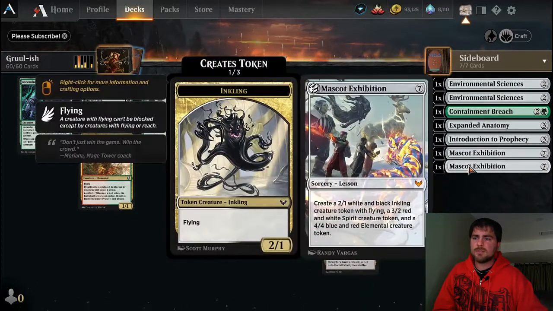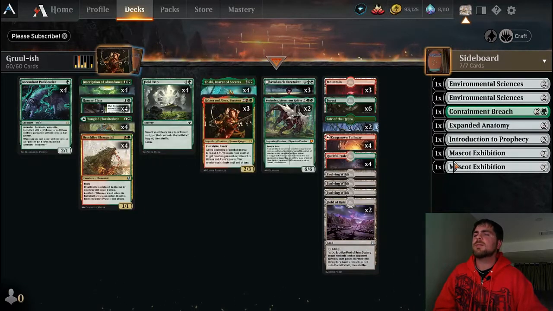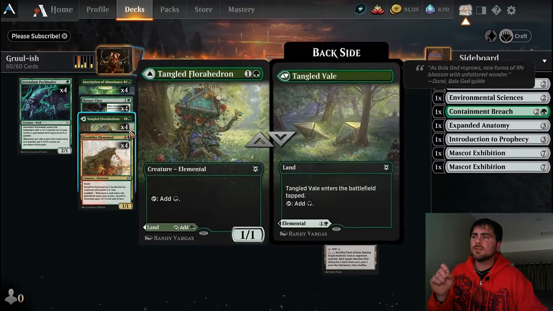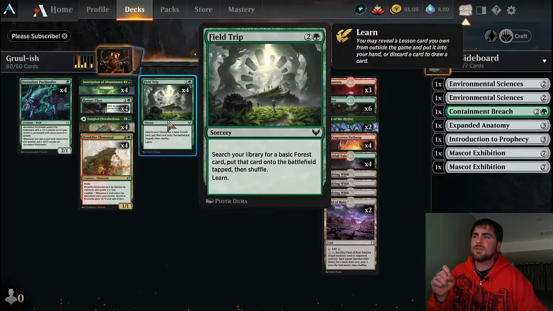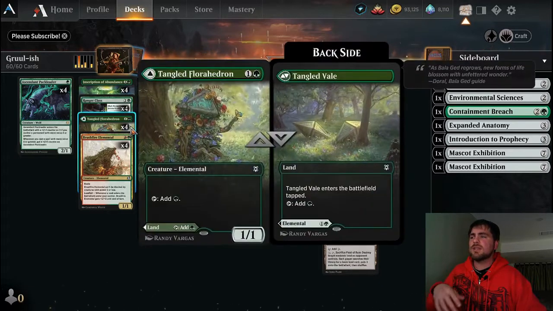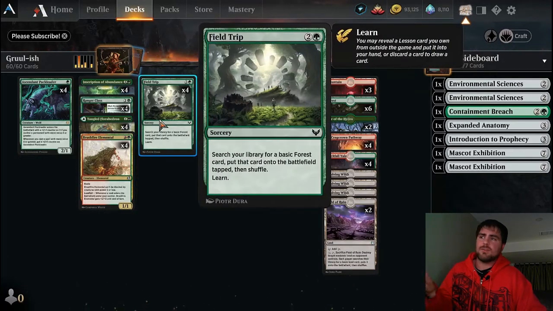Mascot Exhibition: a 2/1 flyer, a 3/2 land, and a 4/4 land creature, all for 7 mana is pretty good value. Having 2 of them in your sideboard, especially in a deck like this where we do have a decent amount of ramp between our Tangled Florahedron and Field Trip, we're hitting our land drops pretty consistently. And we occasionally, when our Florahedron does survive, and even when we play the Field Trip, like I said, getting that extra forest, if we've got the lands that we're still dropping every turn, that does put us up in